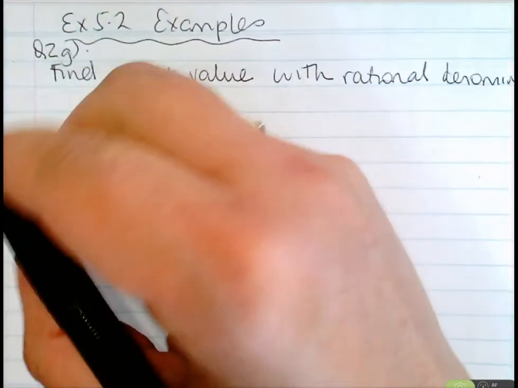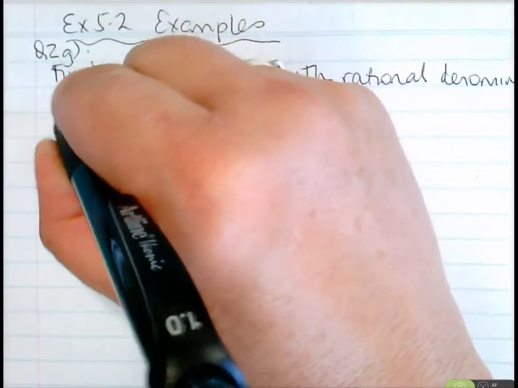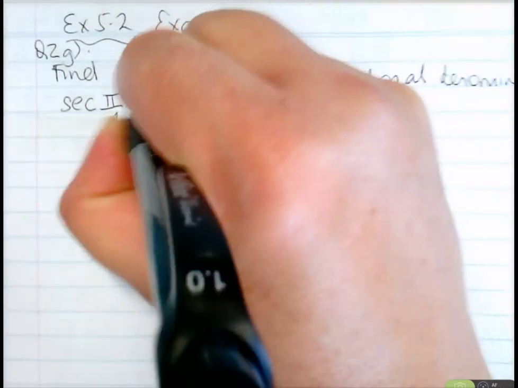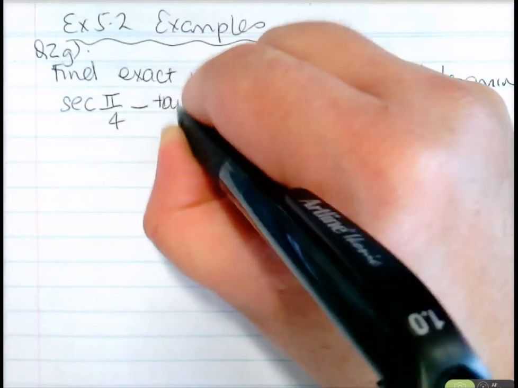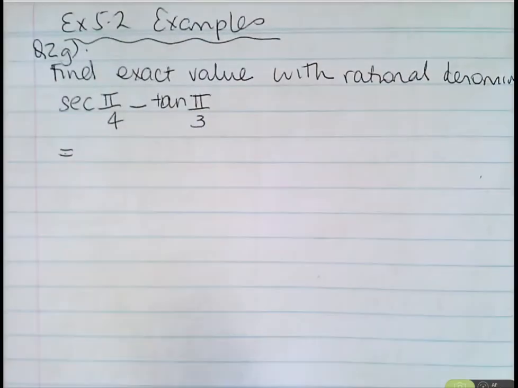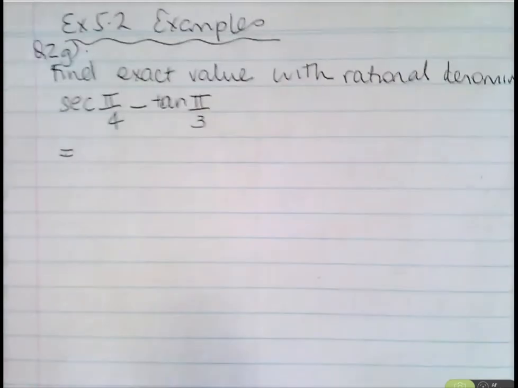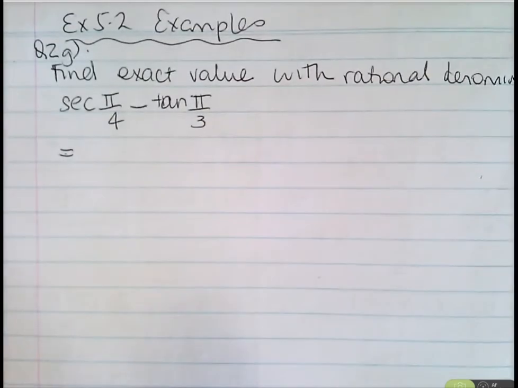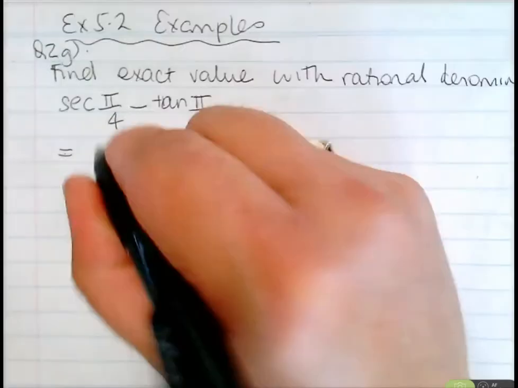Let's do G. Question 2G, just one example from each I'll do. Sec pi on 4 minus tan pi on 3. Find the exact value with a rational denominator. Sec pi on 4, which one's that? Sec 45. What's that mean? 1 over